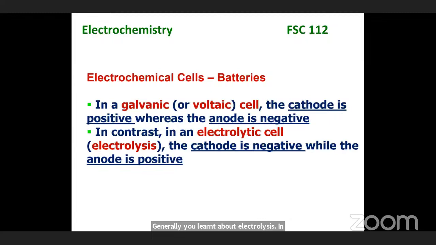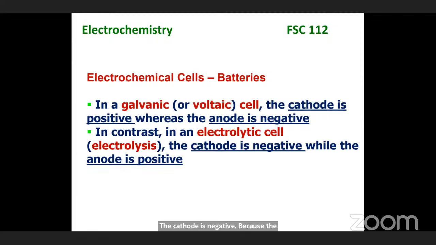So maybe one way, whatever you learned there will still stick with you. If it does, then all you need to know is that whatever happens in electrolysis or in an electrolytic cell, the opposite is what you get in an electrochemical cell, also known as a galvanic or a voltaic cell. Now, if you don't remember or if you never did it, in electrolysis, the cathode is negative because the cations